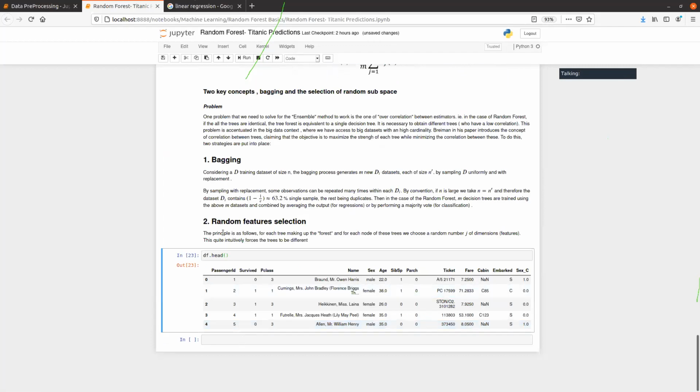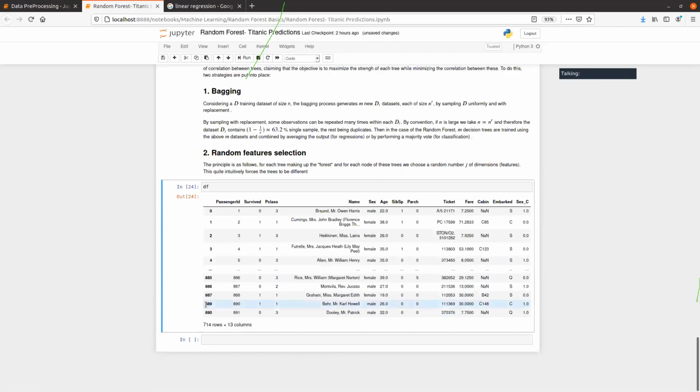Let's say that at each step, you take a sample of data. In this data set, we have 880 rows. Sorry, we have 714 rows. So I don't know who is right here, but we have a certain amount of rows.